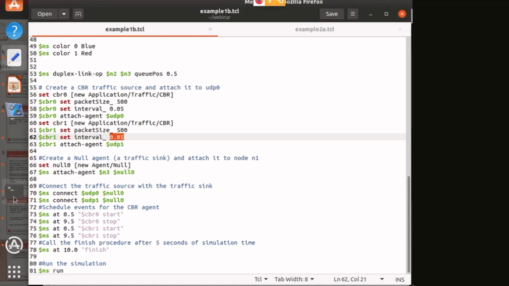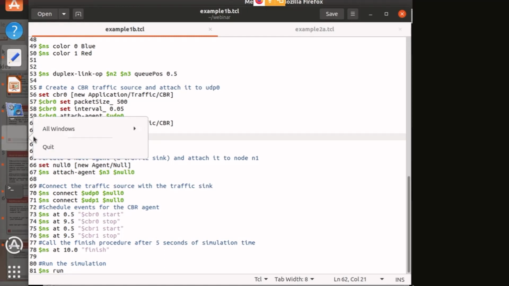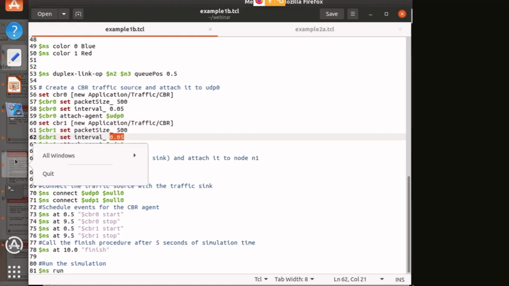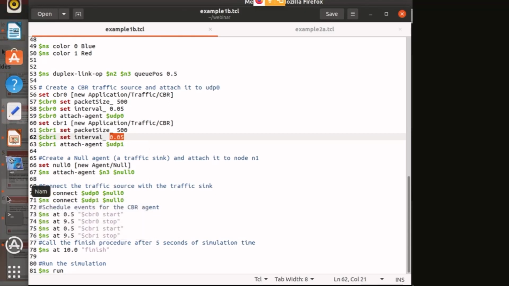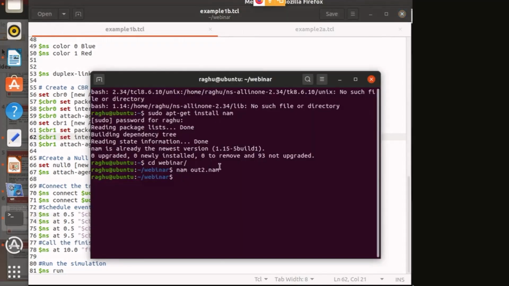Now I will close the existing nam windows and run the TCL file again. I have to run it again because I have made some changes.